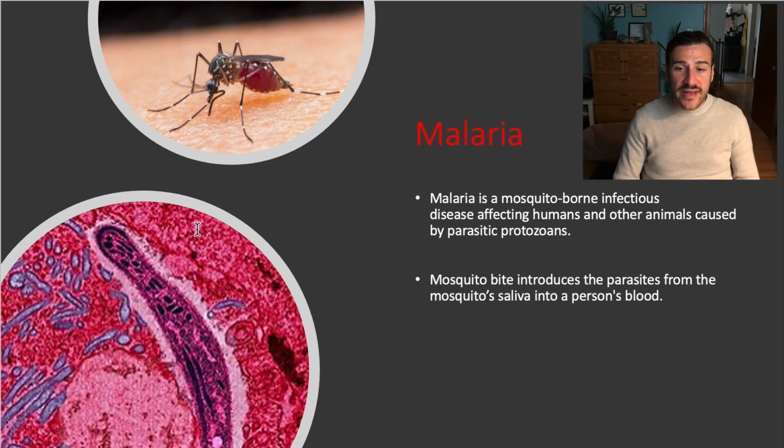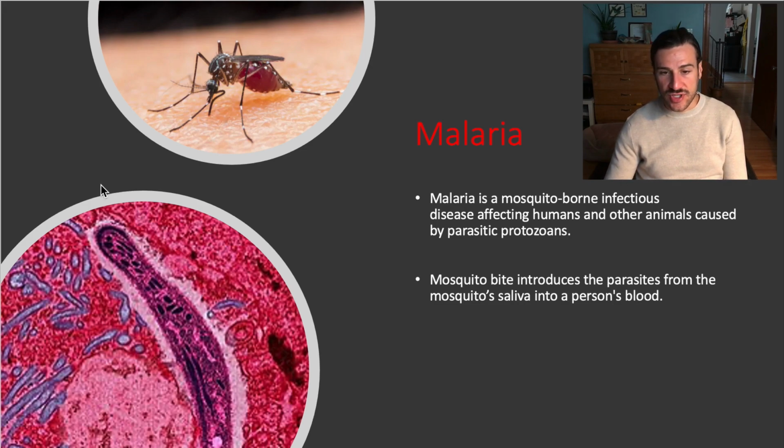So again, malaria is a mosquito-borne infectious disease affecting humans and other animals, which is caused by a parasitic protozoan. So again, this is a tiny little one-celled organism that carries out this complex life cycle, and it is vectored actually through the salivary glands in the mosquitoes. So female mosquitoes are the only mosquitoes that actually bite humans, because females need a rich protein diet to produce eggs. Males can feed on nectar, and they don't have to live the dangerous life of actually feeding